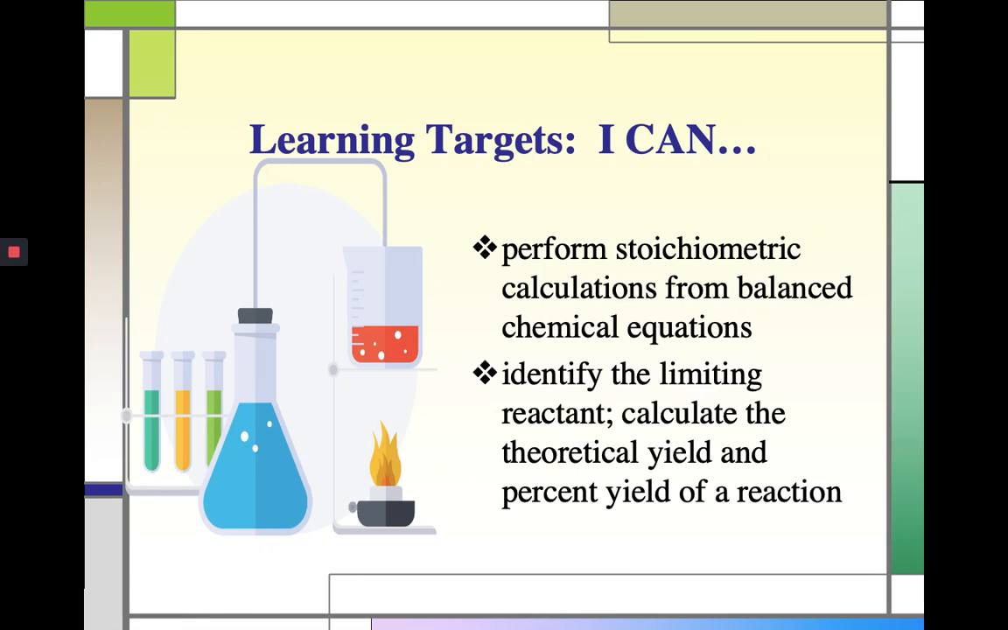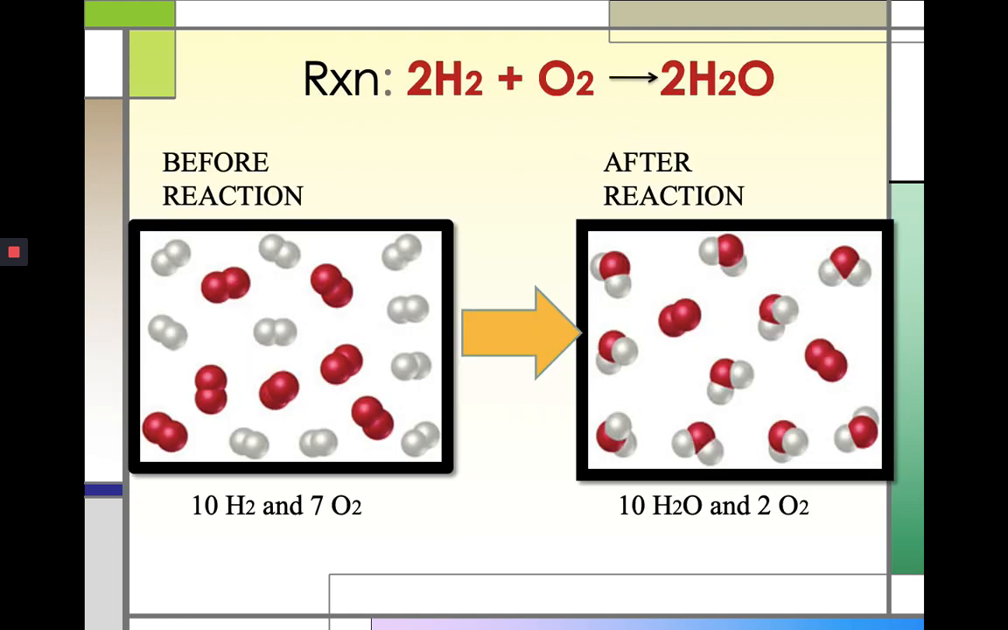Hi everyone, in this video we will be performing stoichiometric calculations from balanced chemical equations and identifying the limiting reactant, and thereby calculating the theoretical yield and percent yield of a reaction. For starters, there are reactions that have to stop because of the lack of starting